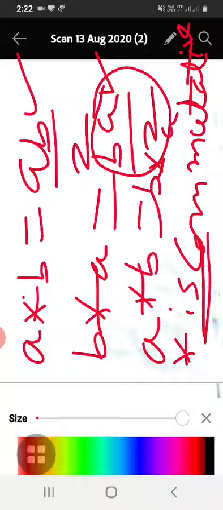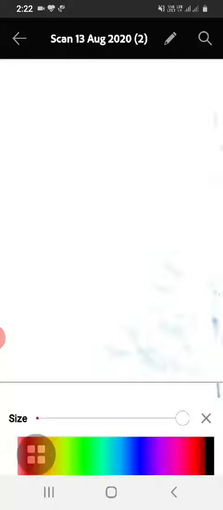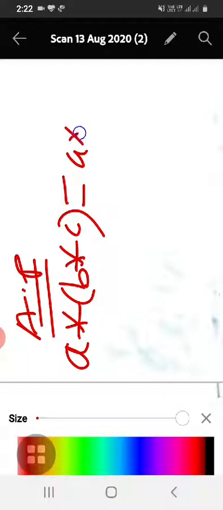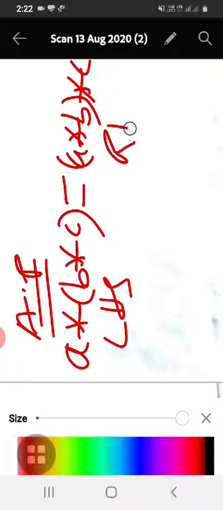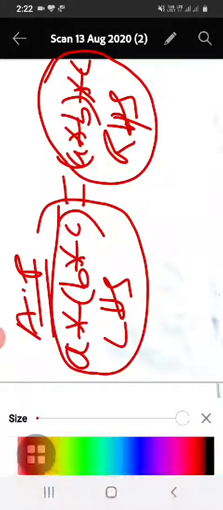So what is the next property? Associative property. So we have to verify for the associative property. So let us consider associative property. So I can write it shortly, associative. So what we have to show? We have to show that (a star b) star c is equal to a star (b star c). So you can take this as LHS and this as RHS. See, you have to work out this on one side and this on the other side. If you get the same answer, then it will be associative. Otherwise it will not be associative.